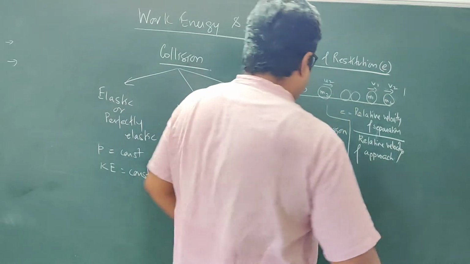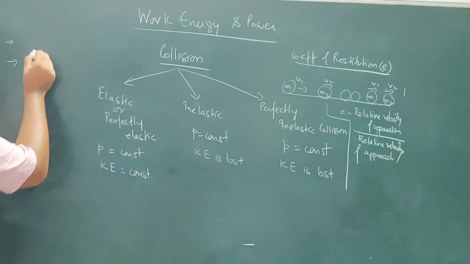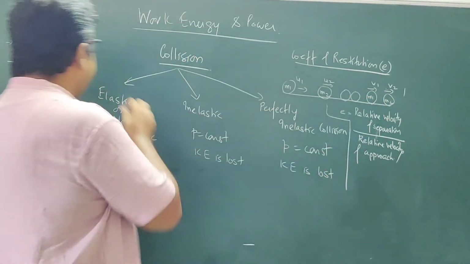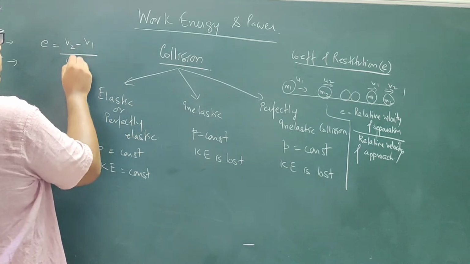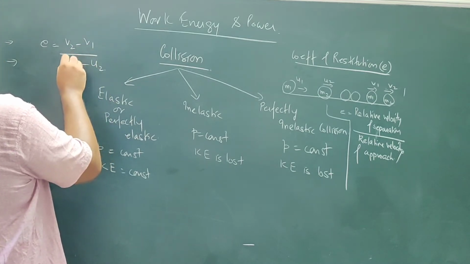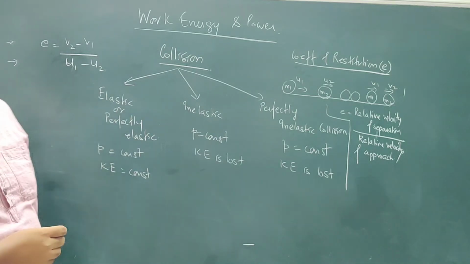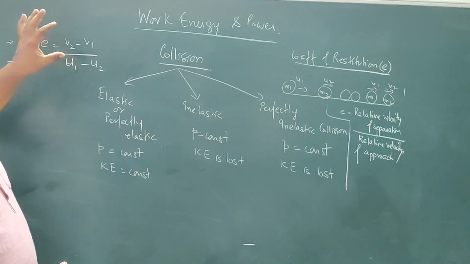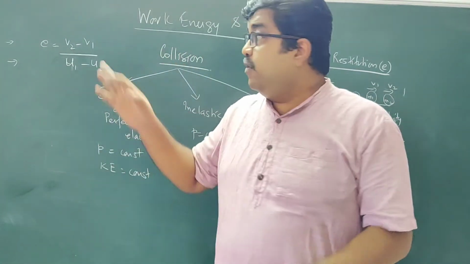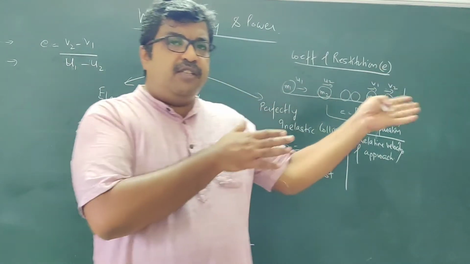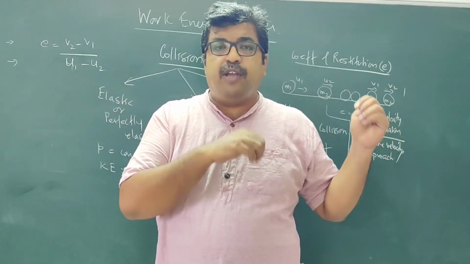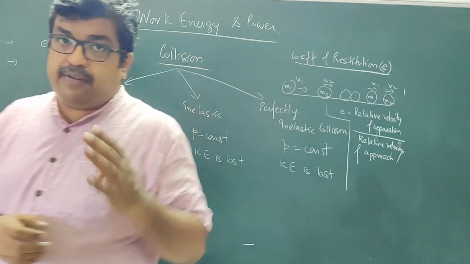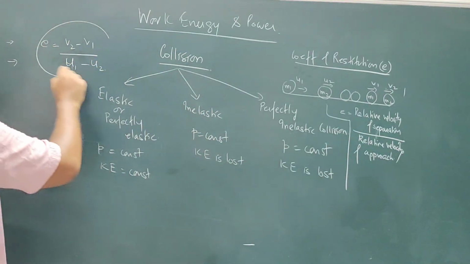Okay, so this coefficient of restitution, e is equal to relative velocity of separation, meaning this is getting separated from this one, so V2 minus V1, divided by U1 minus U2. So this is coefficient of restitution. Now you have to keep this in mind that when you are calculating something related to coefficient of restitution, the sign of velocity must be considered. If you are taking velocity in this direction as positive, then any body or particle moving in the opposite direction will have negative velocity. Sign must be considered. Now this is coefficient of restitution.